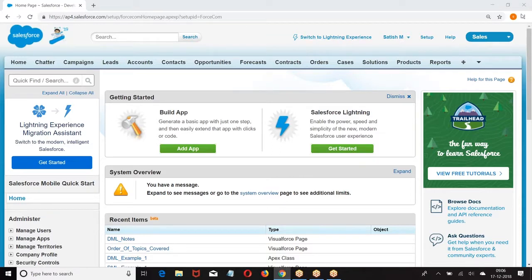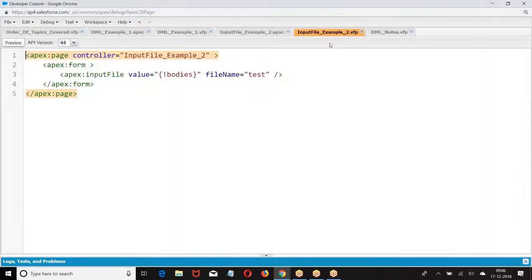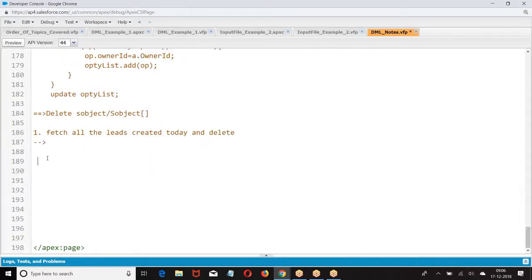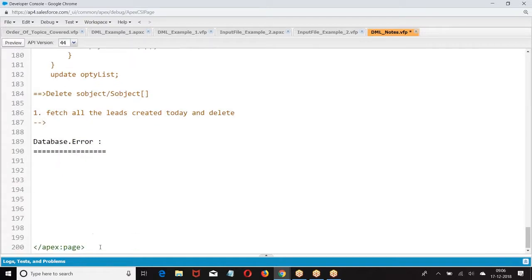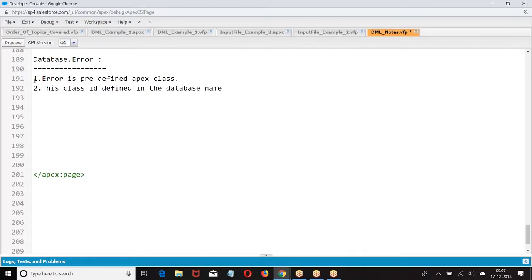We have a predefined class called database.error. First, we'll understand what is this database.error. Error is a predefined Apex class.